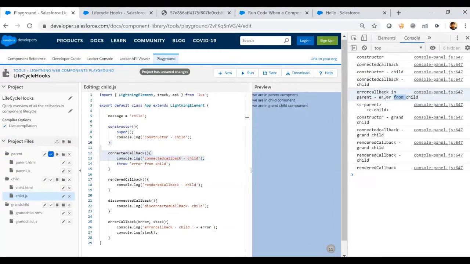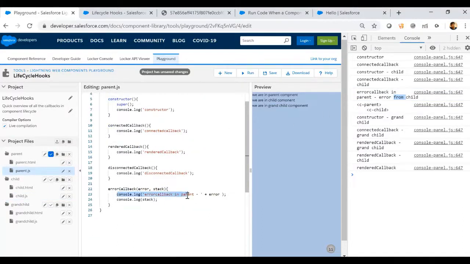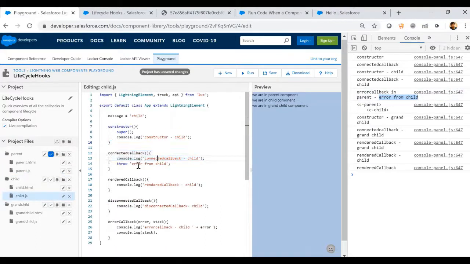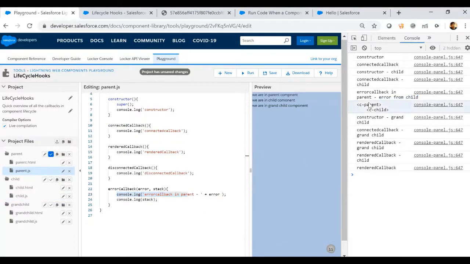And after that, we see that there is an error callback executed on the parent. Why? Because we have an error from the child. So this is the error that we received from the child, an error that we have thrown. This is a custom error that I have placed. But if there are any kind of logical errors or property errors, then those will also be captured. And we see here I also placed the stack, and that stack is the component structure, parent and child. You also see there is some spacing to identify which one is parent and which one is child. So this is some of the cool thing.